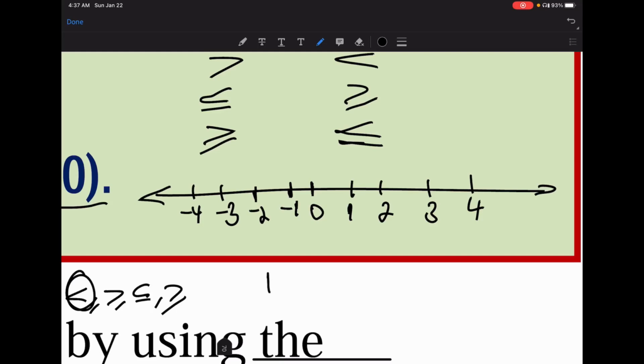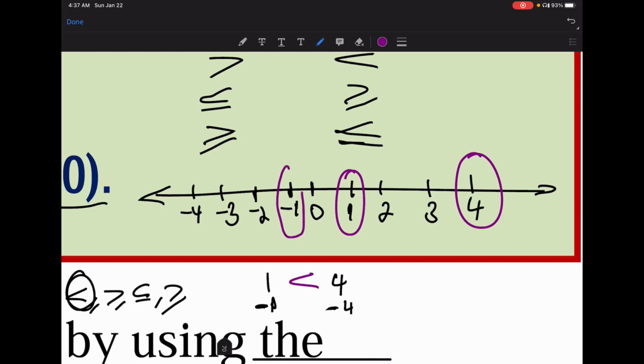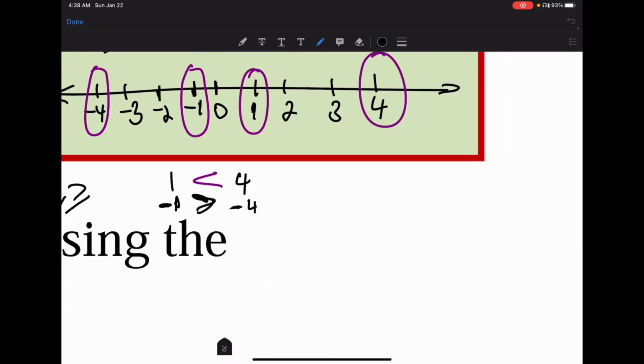Now let's see why this happens. Let's compare 1 and 4. Here is 1 and here is 4. Since 1 lies to the left of 4, we say 1 is less than 4. Now let's compare -1 and -4. Here -4 lies to the left of -1. Since -4 lies to the left of -1, we say that -1 is greater than -4, or -4 is less than -1. We need to look at this carefully. Okay, 1 is less than 4. Then, when we multiply both sides by a negative,